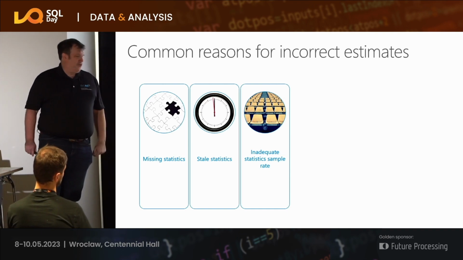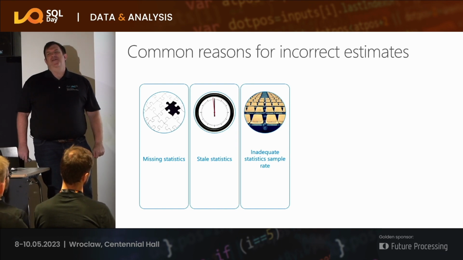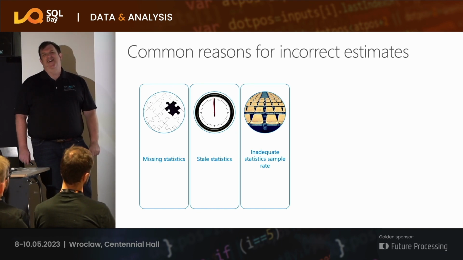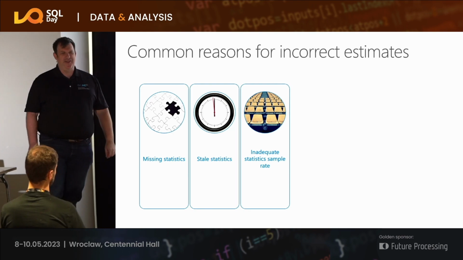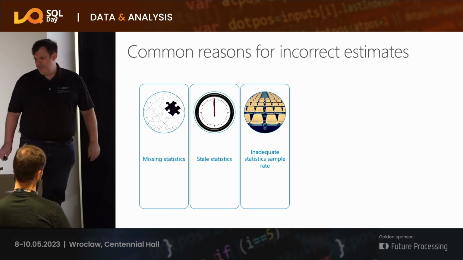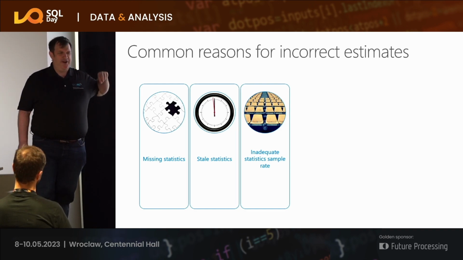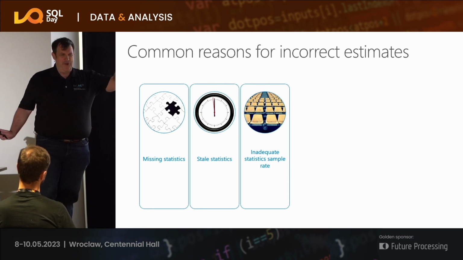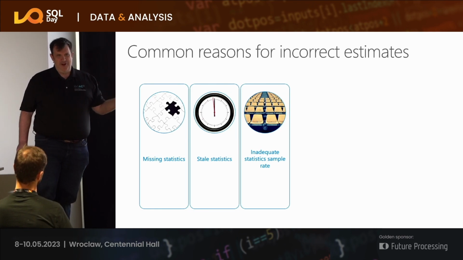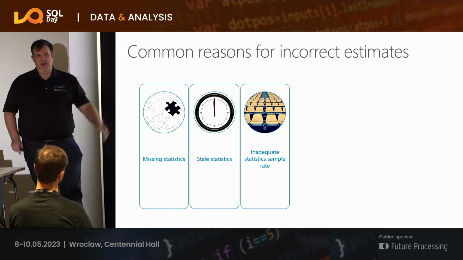Inadequate sample statistics rate. Monica, what's the default? I think it's like 10%. The default is 10%, which is typically enough, I think. I figured you might know off the top of your head. Sorry. Let's just go with 10%. 10% is usually an adequate enough sample rate, but if you have weird data skew in your distribution, that can